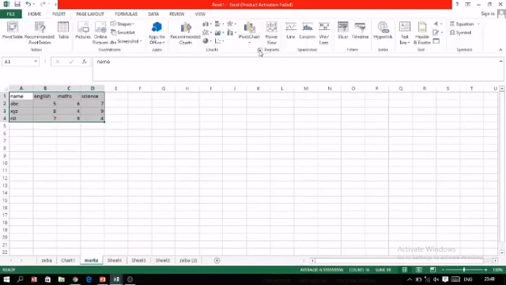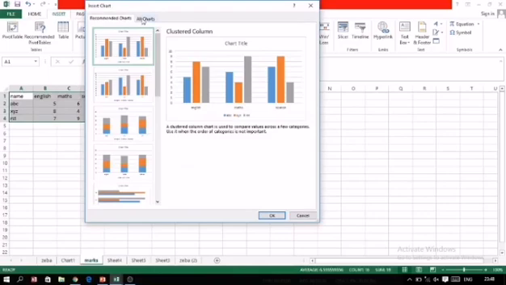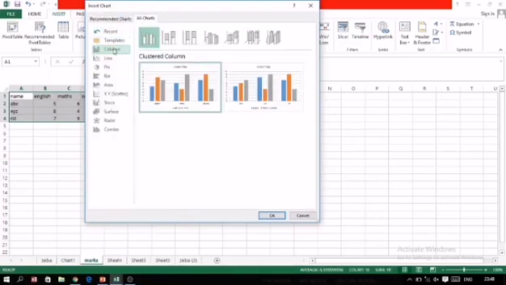Now these are some common charts. We have column chart, line chart, pie chart, bar chart. This topic you had studied in class 8 also in detail, so it is the same thing, nothing new over here. What are column charts? They show a comparison among individual items. Line chart shows the trend over a period of time. Pie chart represents the values in percentage format. In such a way we have different types of charts.